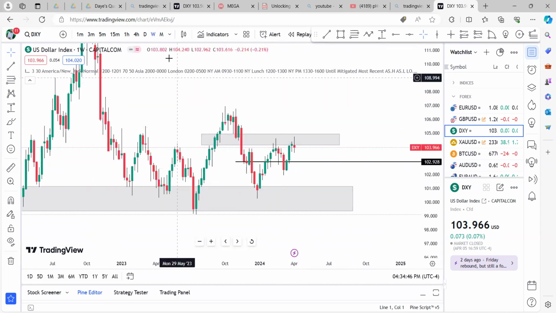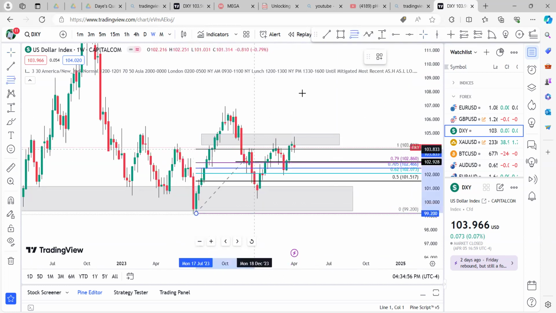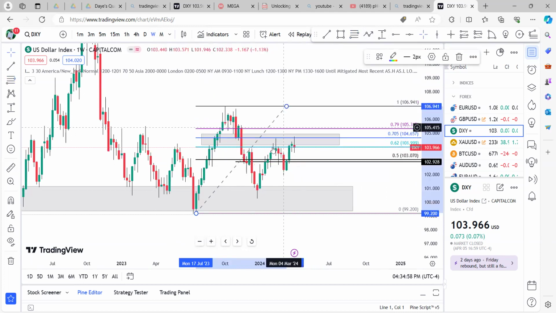Because when you come to the weekly, you could clearly see this is the monthly fair value gap. You take your FIB again, you measure the swing low to the swing high. You could clearly see that this is the 50% of this range. So price is currently at premium. So we expect to see sells here.